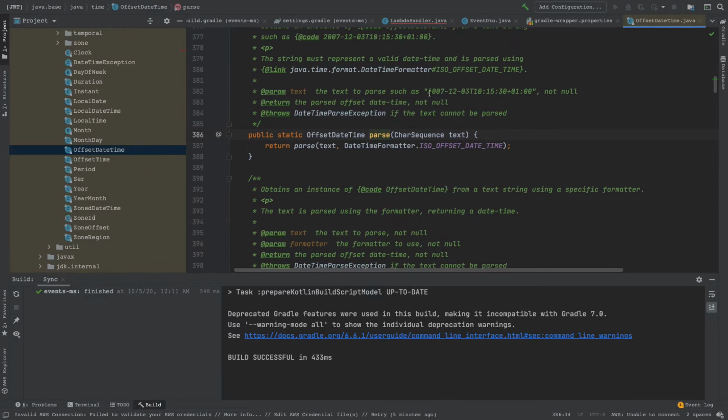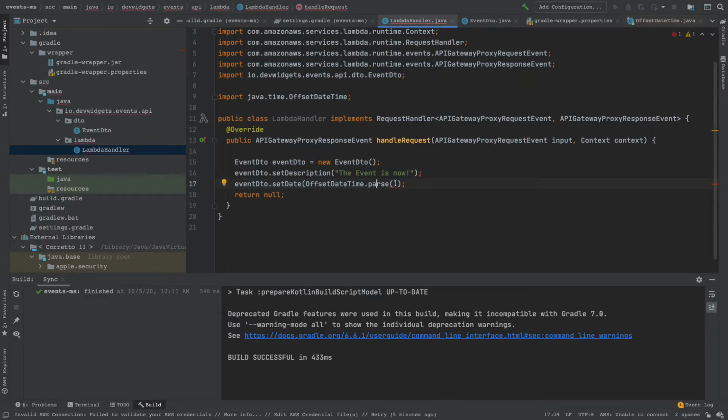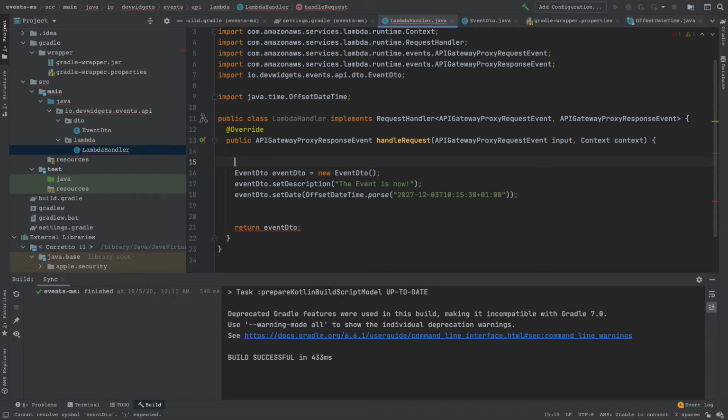So let's cheat. We can copy this. Let's not complicate our lives. Maybe I'll change the date because 2007 is a long time ago. 2027 sounds pretty cool. Hopefully life will be a lot different than 2020. All right, so we return that event. No, that's not what we need to return, right? We need to return